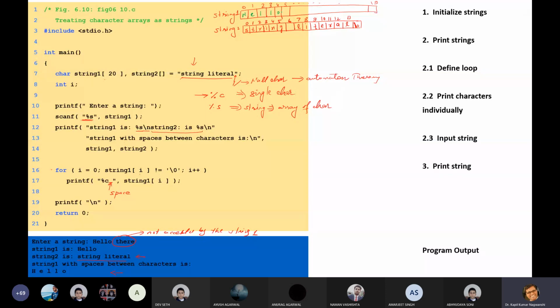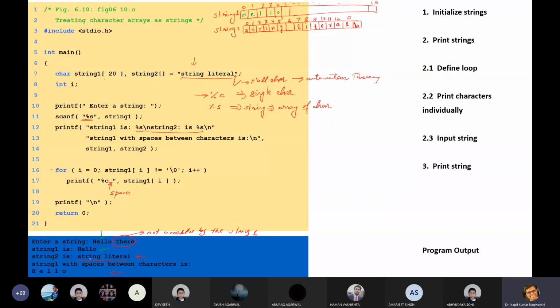Okay, so this will not read. After that, nothing will be read. Then here, this will accept this string, and after that, because white space will be encountered, it is able to read this much only, and that's why it will print hello only.